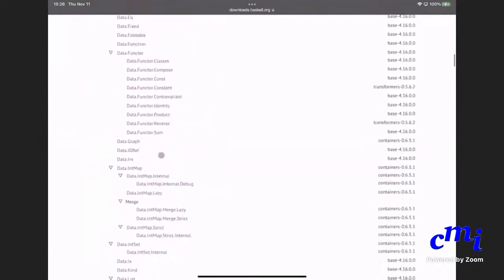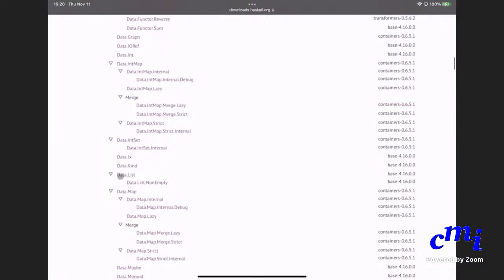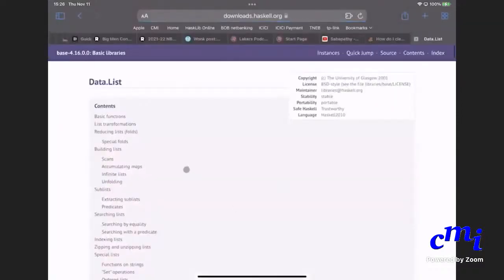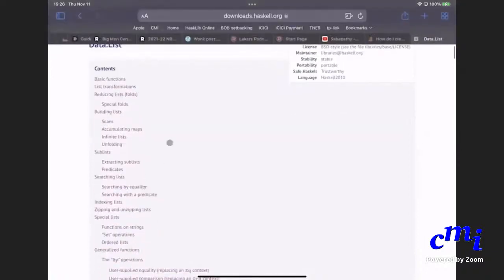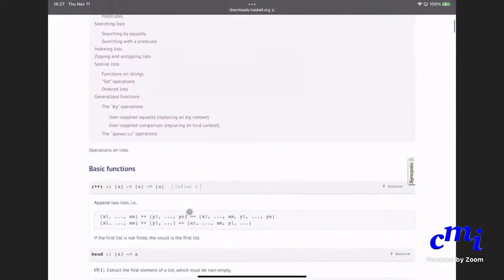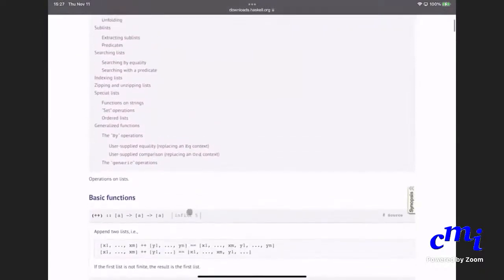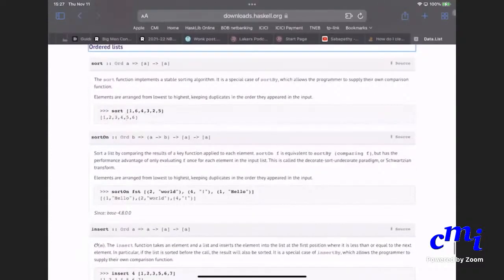You can search, of course, just like any other website. There are folds, all kinds of things, searching lists, searching with a predicate. Sorting, is there a sort somewhere? Ordered lists. Sort. Let us look at the source for sort.